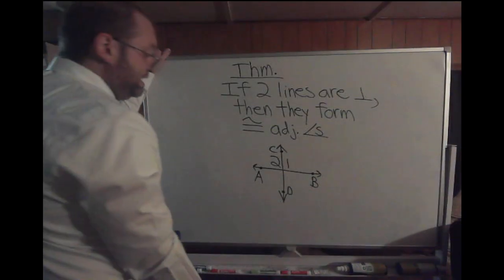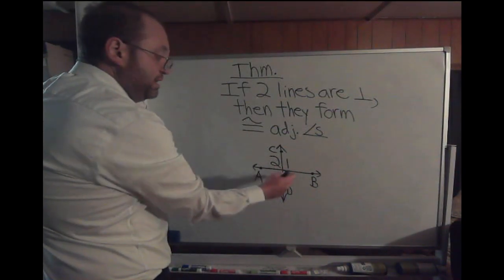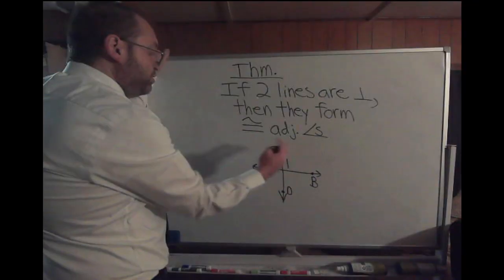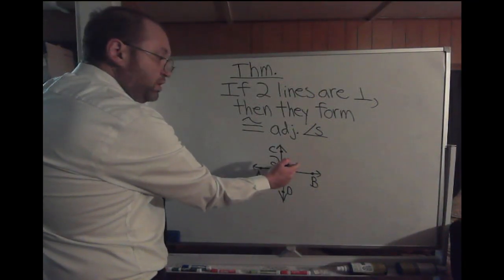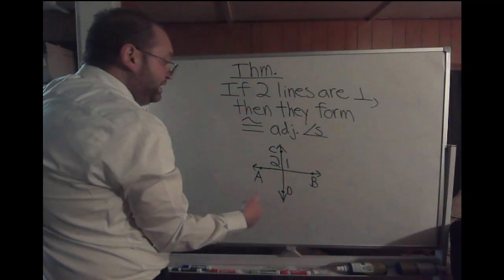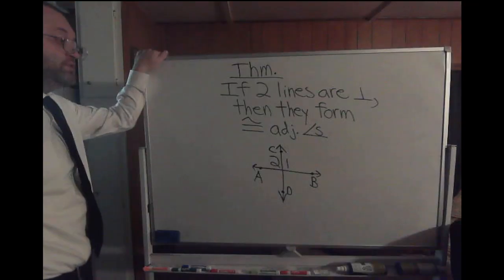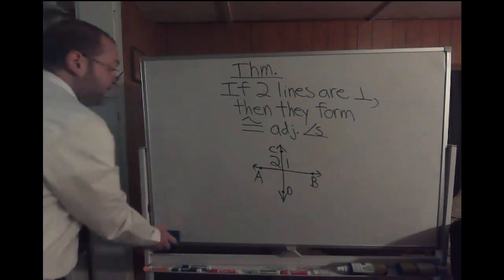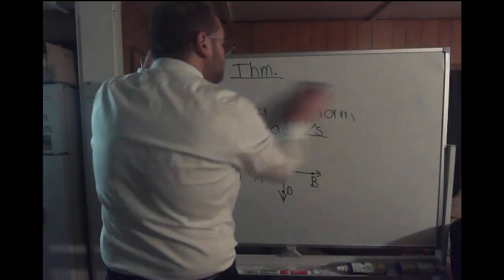Well, that makes sense because line AB, the measure of that angle would be 180. Perpendicular would split it up. You would have angle 1 being 90, angle 2 would be 90. Well, 90 equals 90, and they're right next to each other, so they're adjacent angles. So that makes sense. And then the next theorem